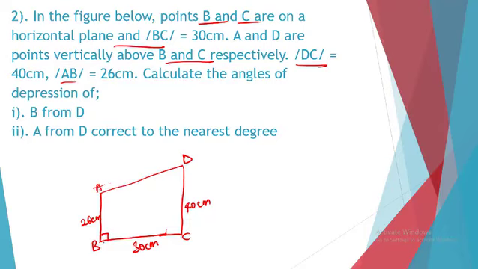Okay, from the information, our BC is 30 cm, that is this. Our AB is 26 cm. Our DC is what? 40 cm. And then we are asked to find what? The angle of depression from B to D. This is B and this is D. So what do we need to do? We bisect here and join it to D. That's the first thing we do. We join it to D, and then